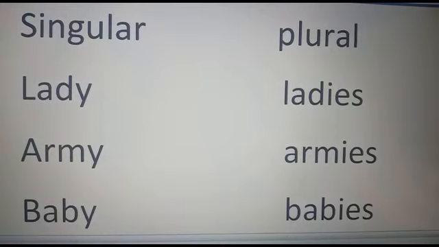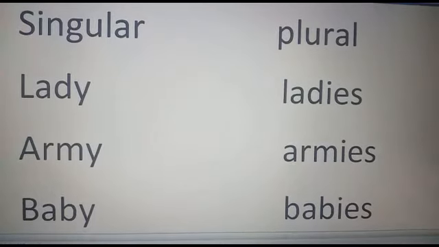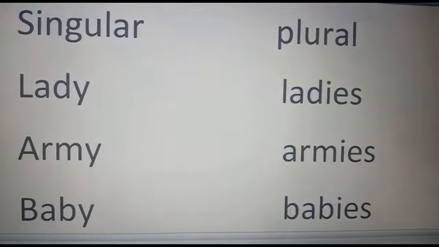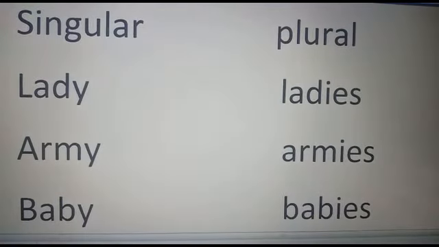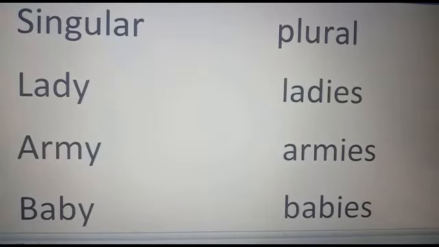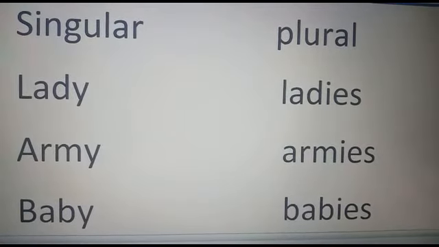So getting back, ladies, here you see Y is converted into IES: army and armies. Another example, think of some other noun. Okay, another example is baby, and I can write it as babies. So you see again the Y is converted into IES. Okay, so I hope